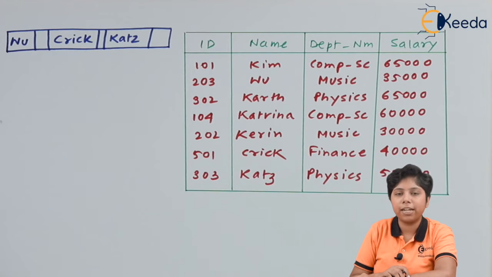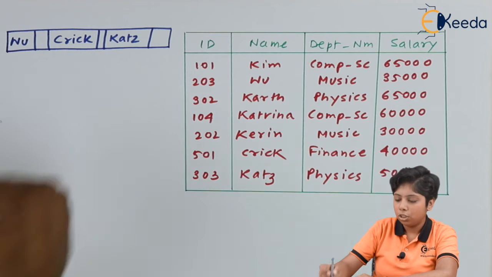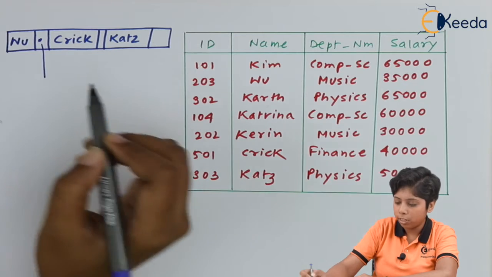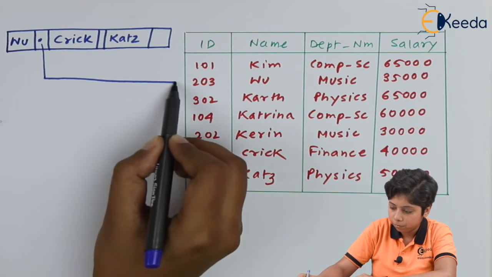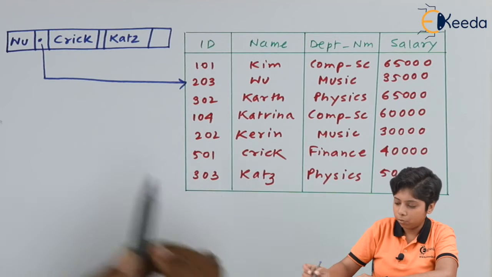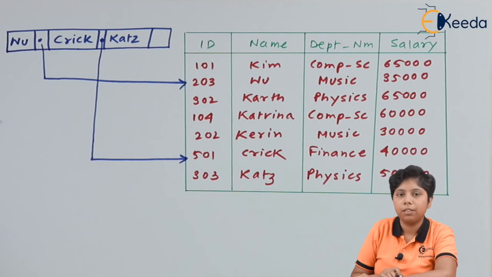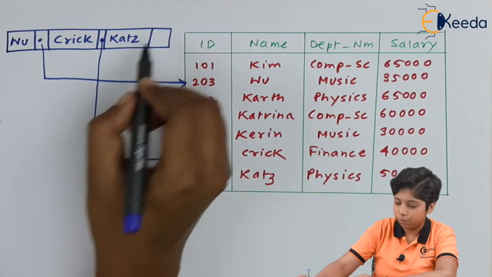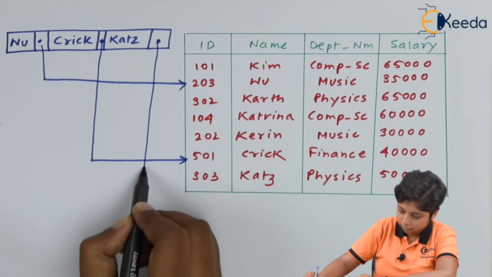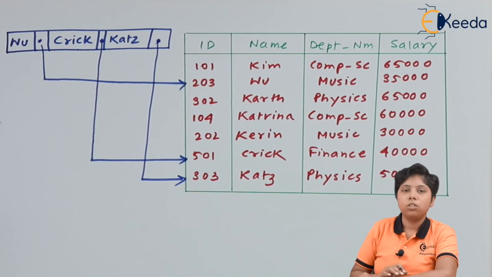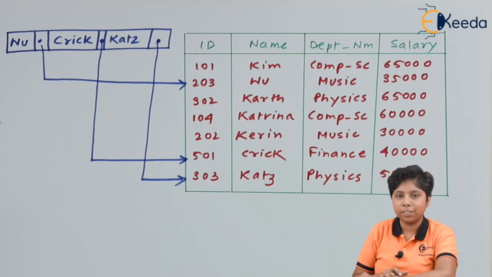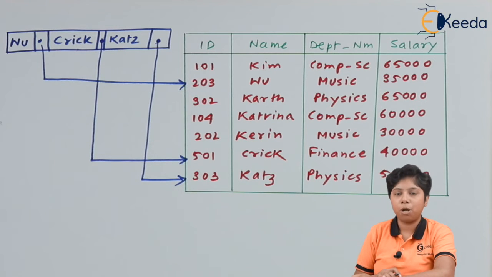Now here the leaf nodes have the leaf values. That means the values that will point directly to the instructor relation. So now Woo pointer will point to Woo. Creek will point to the Creek. And finally Katz will point to the Katz one. So there can also be a number of leaves attached to this one that we can add this way. Now the problem is that Woo, Creek and Katz cannot belong to